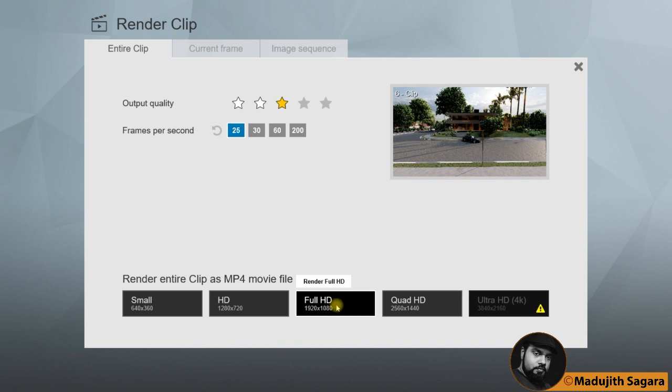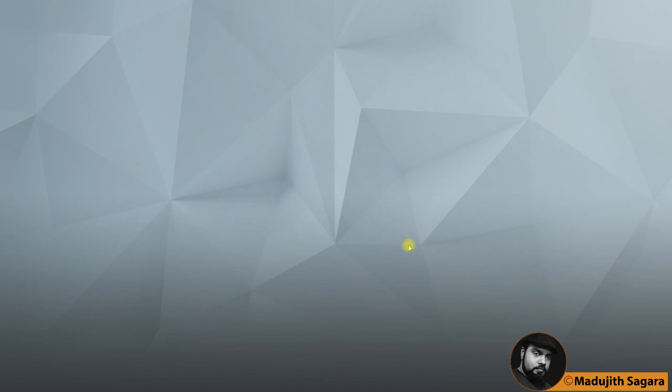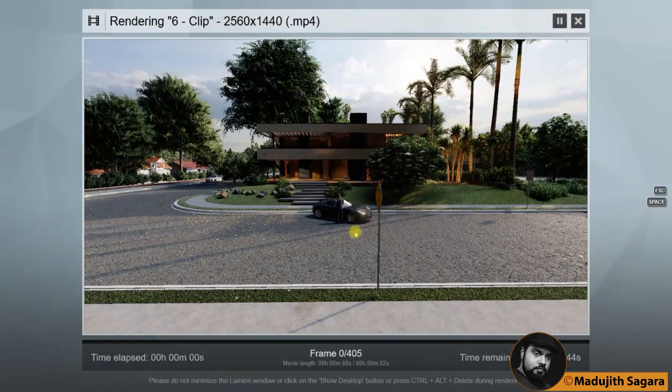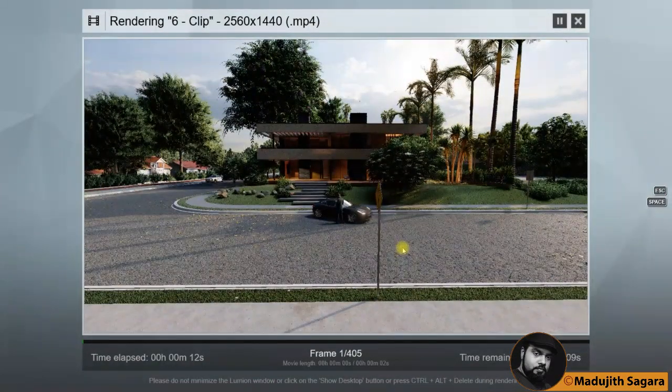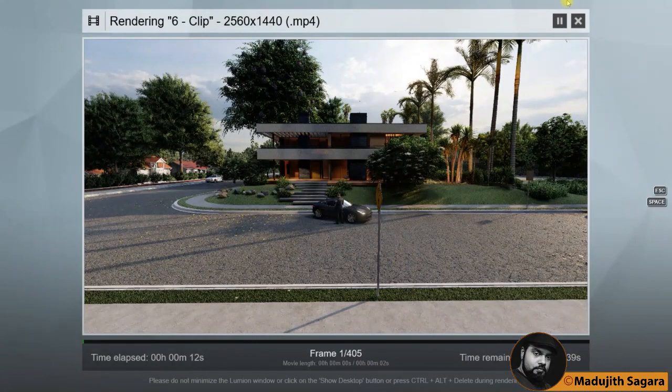I will render it using full HD and I will make the frame speed 200 fps, only to show the time for this rendering. I will make this quad HD. Then observe the time. That is the only thing I need. That is around 53 minutes. It will be only about a 3-second frame. What is the amount of time it is taking? This is Lumion. This is high rendered Lumion.